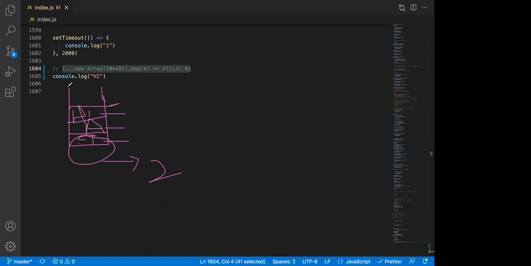So while JavaScript just has one call stack, there is also the browser which is running, and the browser is free of those limitations. Browser can be multi-threaded. It's written in C++. We know that the V8 engine is written in C++, so it can be multi-threaded. I'm just going to represent this by B for the browser. So here is what I'm going to tell you. Set timeout is not a JavaScript API. Again, let me repeat myself. Set timeout is not a JavaScript function. Then whose function is it? It's a browser's function,